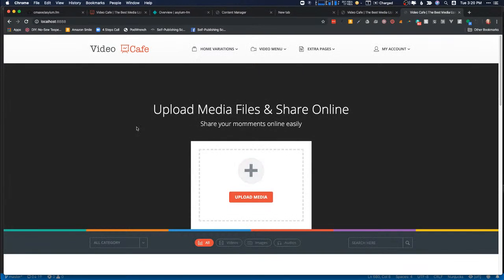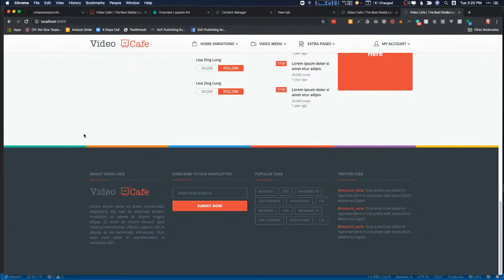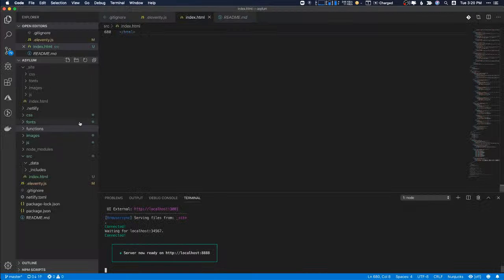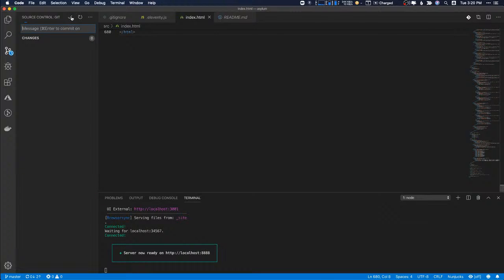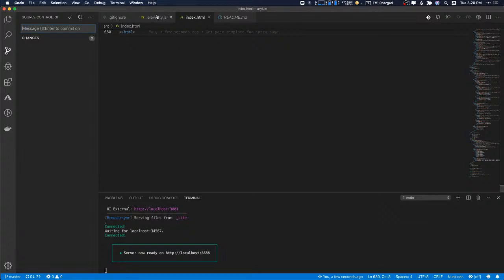And now if we come back over here, you can see it's already way ahead of where it was. So we basically now have that same index site that we had before. So I'm going to go ahead and commit this. And then we can come back over here, right? So